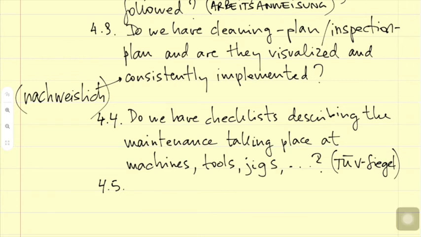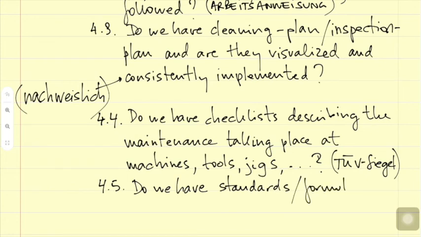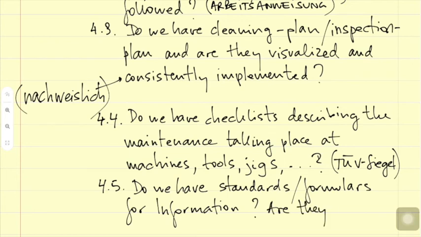Number 5, do we have standards, Formulare for information? Are they up to date? So